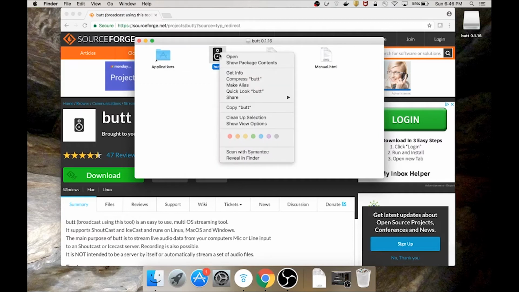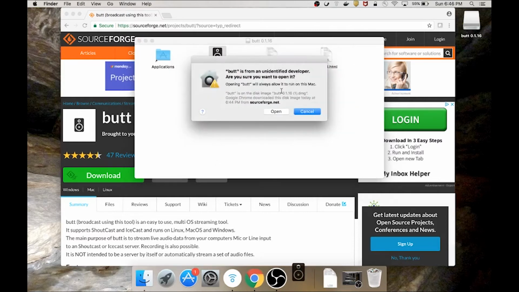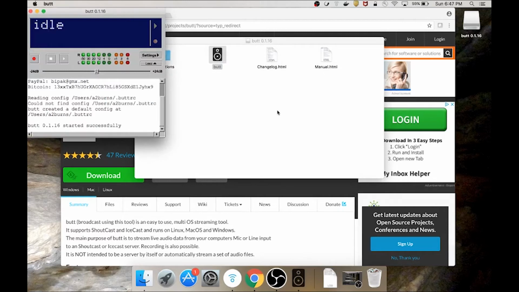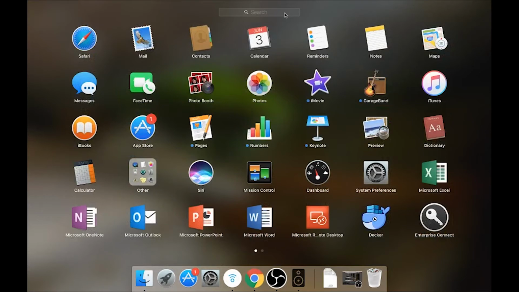When you do that, you're going to see a drop down that's going to have the option to open. You'll go ahead and click Open, and then you'll get a message that'll say, "but is from an unidentified developer. Are you sure you want to open it?" You click Open, and then it will run. And then from now on, when you go to your Finder, once you've done that,